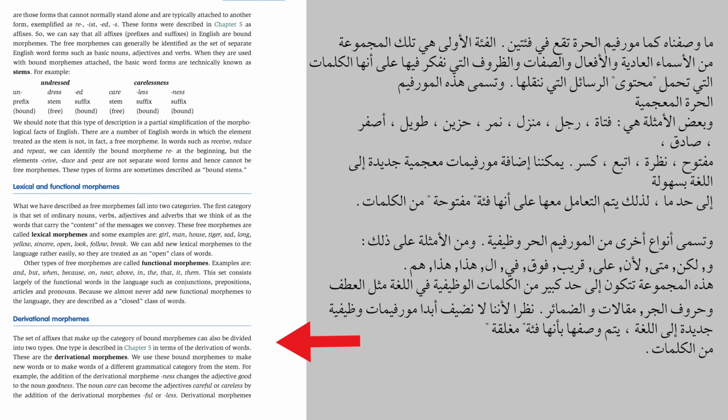Other types of morphemes are called functional morphemes. For example, and, but, when, because, on, near, above, in, the, that، إلى آخره. This set consists largely of functional words. كلمات وظيفية بيها دالة وظيفية تخدم دالة وظيفية معينة. نيجي على derivational morphemes. شنو derivational morphemes؟